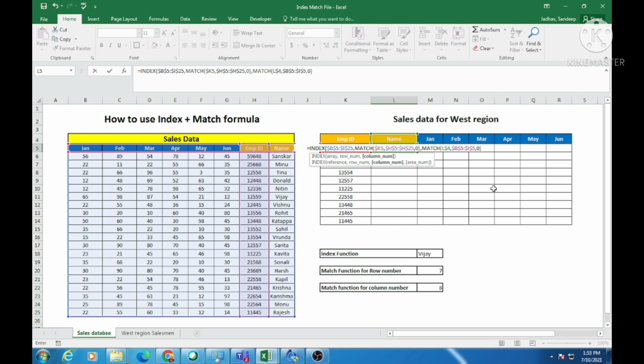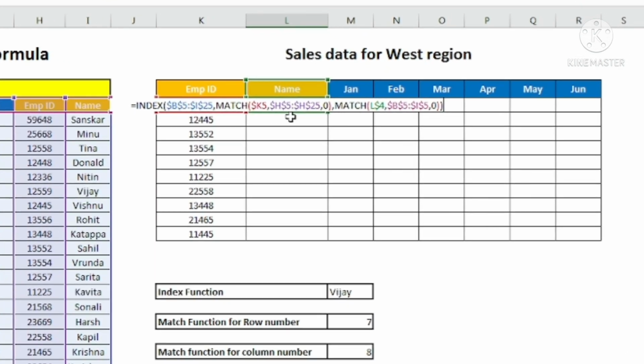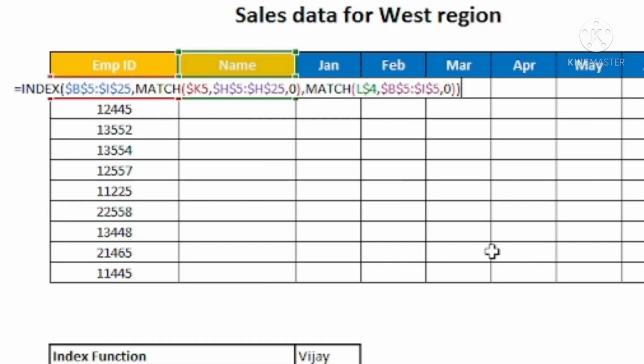Okay, and I will not give area number because it is not required over here. So my index function is also completed, so I'll put another bracket over here. So index function is also completed. Now here, look here, we have created a formula in one cell which can be copied in all other cells on right hand side and the down side as well. For that we have used the lock function with the help of F4 multiple times.